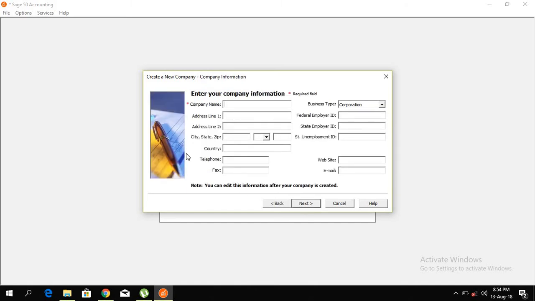Next, here you enter your company's information. Required field. First, company name, which is right here. You're going to enter it right here. Next, address line. If you have another address, you can write it down here as well. City, state, and zip code. Zip code is most important. Country, telephone, fax,